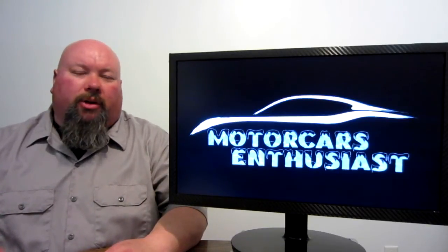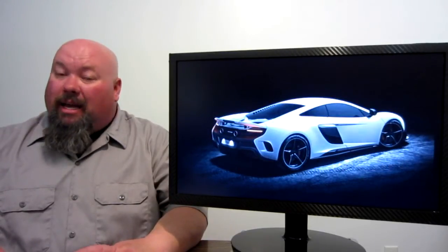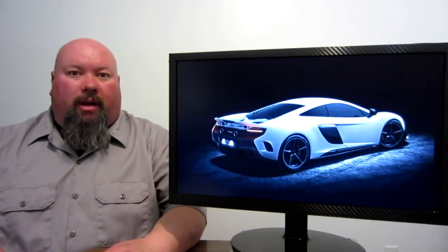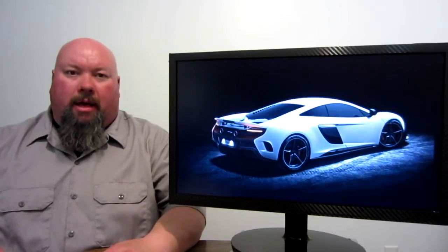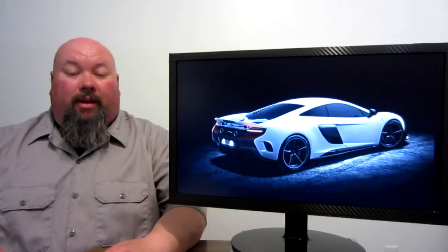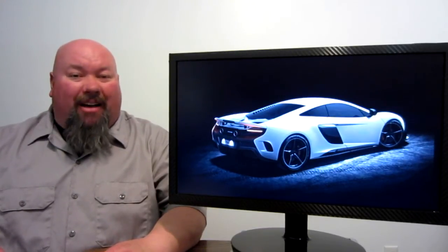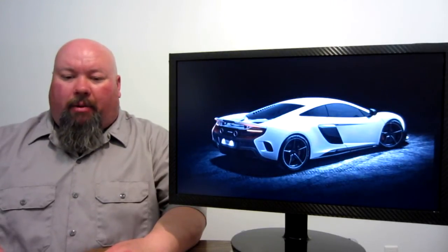Right off the bat on the old show today, the 675LT, aka Longtail, for the folks over at McLaren. Now, we've talked about the actual specification of this machine in one of the past programs, but let's talk about price and availability on this machine, as this vehicle made its official debut at the Geneva Motor Show. There'll only be 500 built for the world, so this thing is quite rare, and pricing is going to start